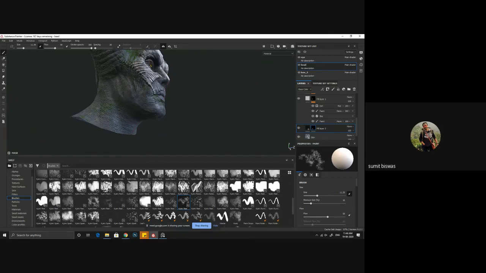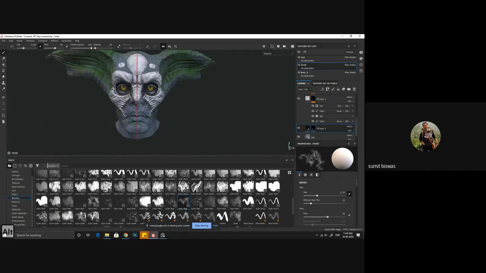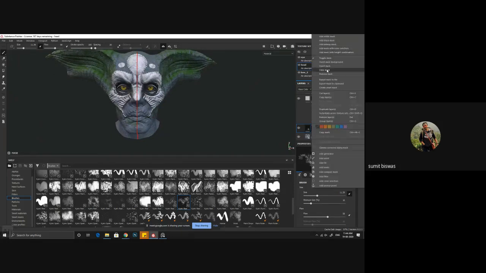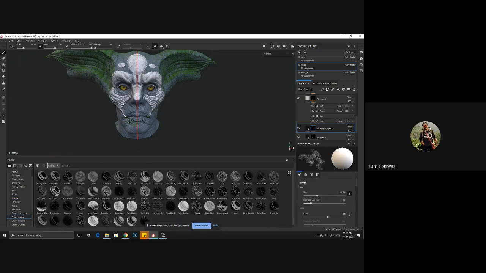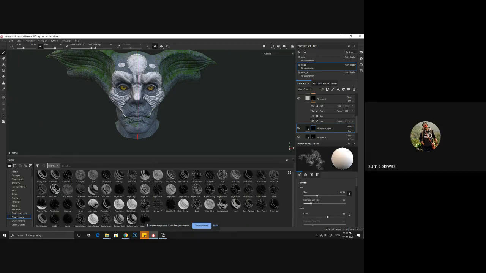Or one more technique is there. Suppose you don't want to paint manually, so what you can do is simply duplicate this layer, switch off this black mask, then go to smart mask. Now I see I have rust, ground. It basically generates from the base, or I can use moss and invert it. You can see ground dirt is also there. So I'll use rust, drag drop,